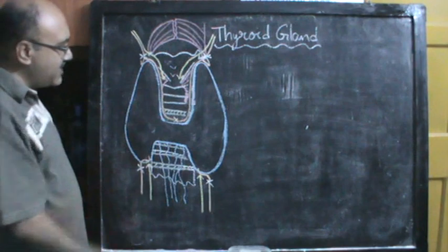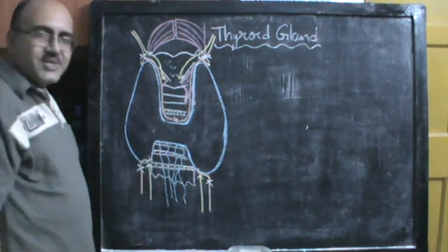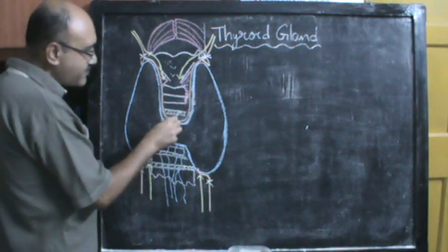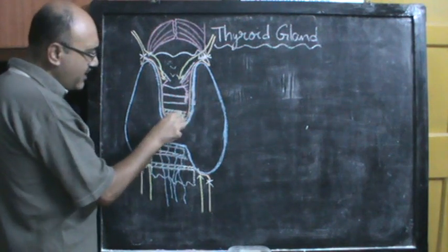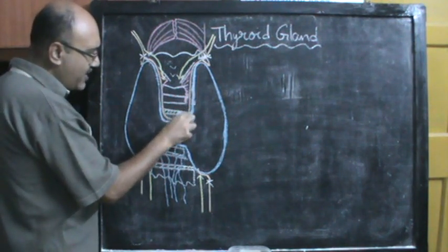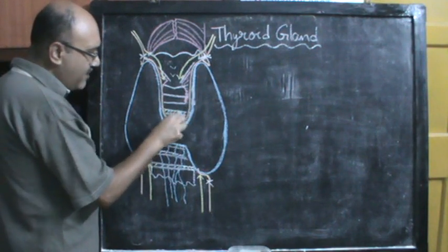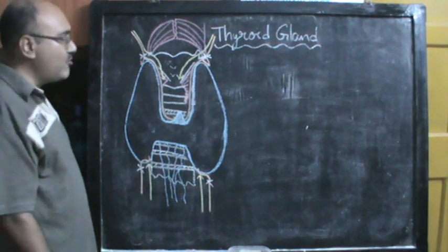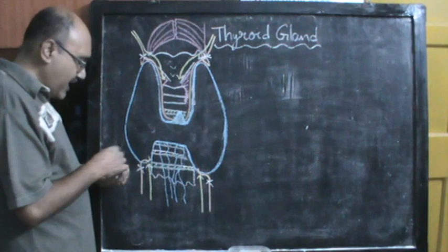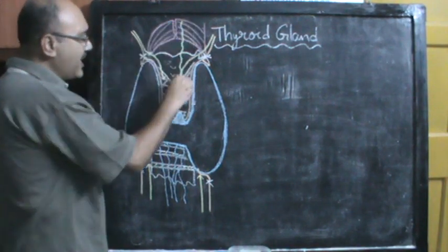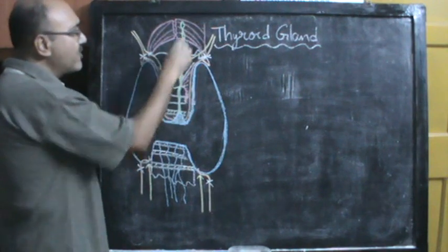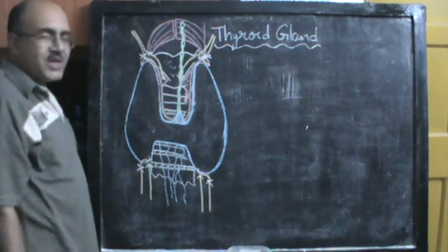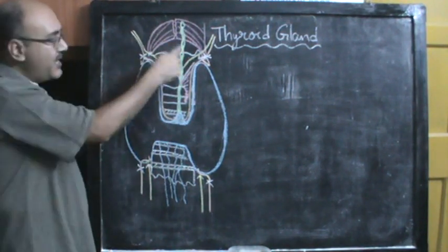However, apart from these things, you can make out that the upper border of the isthmus is rather plain and featureless. Occasionally you can have a pyramidal lobe, an additional part of the thyroid which may be glandular, containing all the thyroid follicles, or it may even be a fibrous band. So this is a pyramidal lobe of the thyroid gland, from which you can again have a fibrous band extending upward, going right up to the hyoid bone, and this is called levator glandulae thyroideae. So this fibrous band going up from the pyramidal lobe to the hyoid is called the levator glandulae thyroideae.